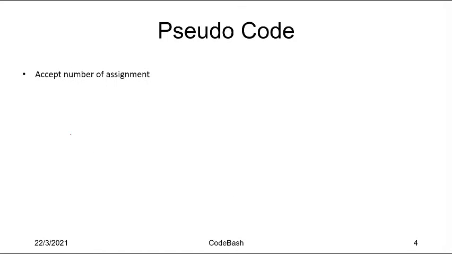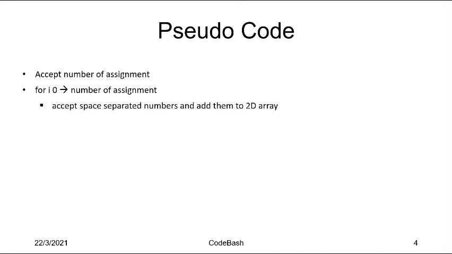Let's move on to the pseudocode for the problem statement. The first thing is obviously to accept the number of assignments. These are basically assignments of flights: how many flights is Rajiv allotted? That was 3 in the previous example. Then we run a loop from i equal to 0 till the number of flights, so from 0 till 2, basically 3 times. Every time, this is to accept the arrival and departure times